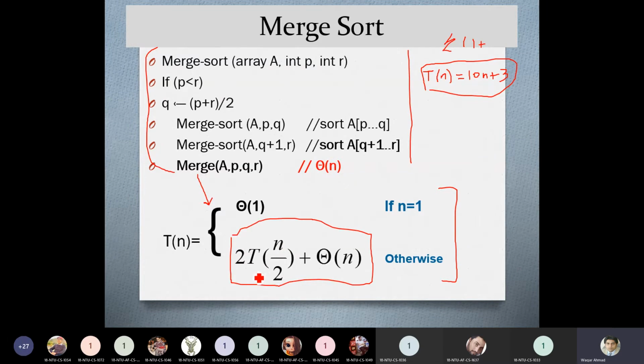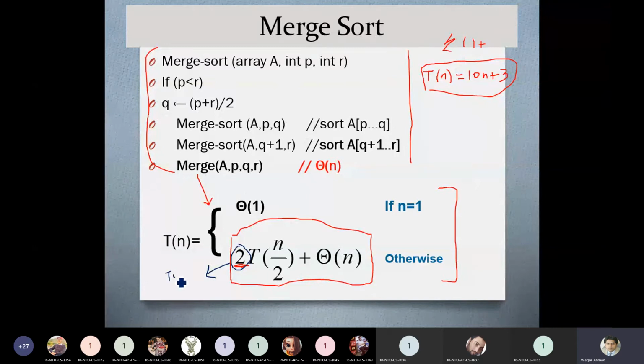Now here again, observe the two important parts of this equation. Here you have 2, which was estimated after we ignored the floor and ceiling functions. We added the two function calls, and after their addition we got this constant of 2. This constant has a special meaning: it gives us the idea of the number of recursive calls. So from 2 you can observe that there are 2 recursive calls.